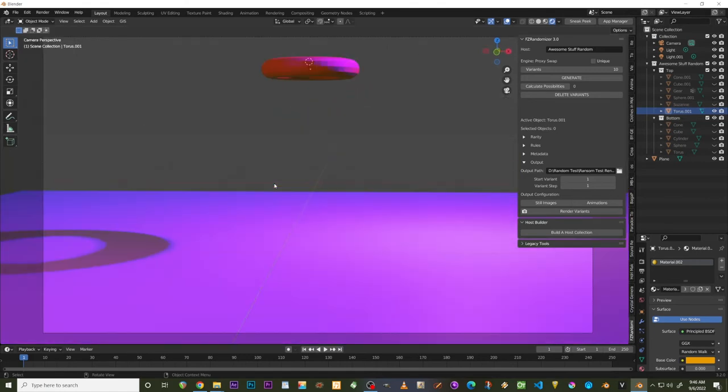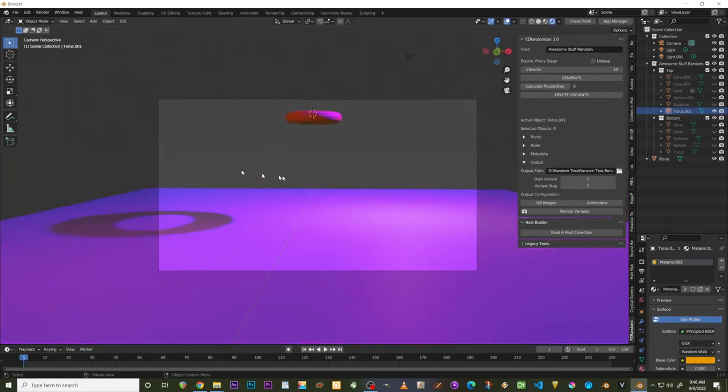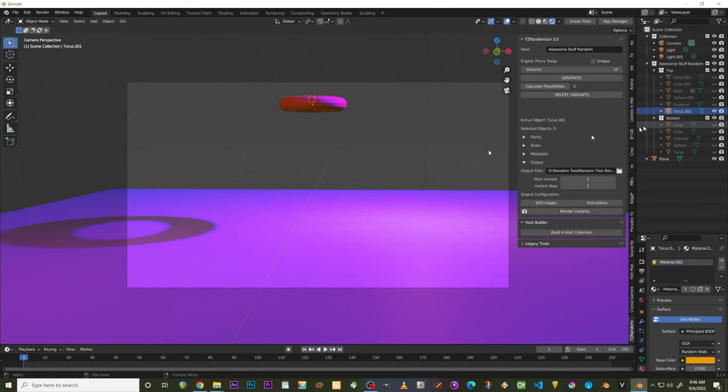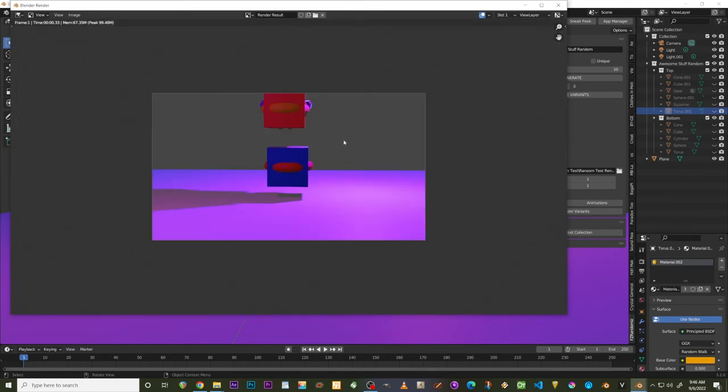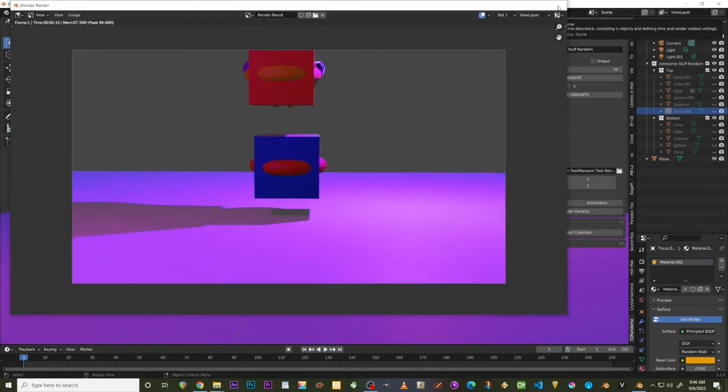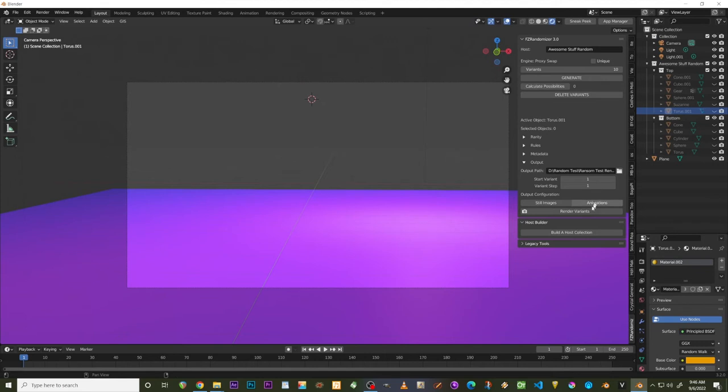So back to camera view. That's our camera view there. So if I turn them all off and they're all invisible, well, it doesn't matter. See, they'll all render, right? If I hit F12, they all show up in the render still. But that is neither here nor there, because all I need to do is hit generate